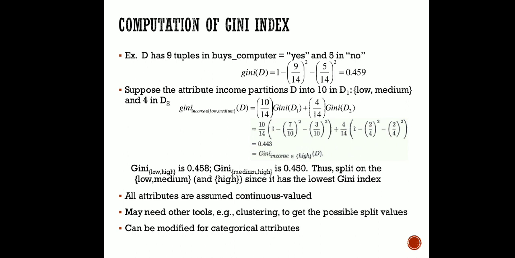Okay, so Gini index, why are we picking the lowest value? Because here we are finding the relative frequency. The one whose difference is minimal carries the maximal information, right? So that's why we split on the lowest Gini index. Here all the attributes are assumed to be continuous valued. So you can do it for a continuous valued attribute as well without finding the mid values. You can directly apply it.